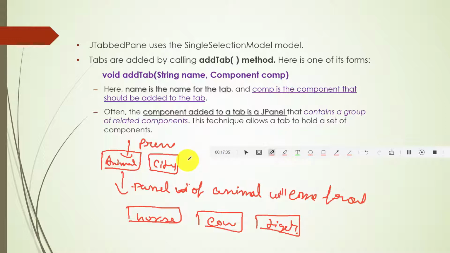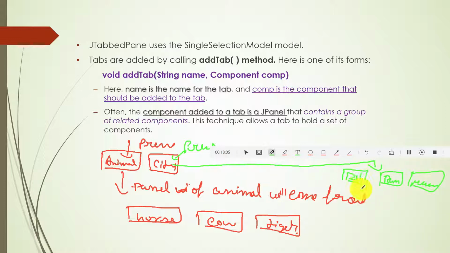When you press city, cities will come. Let me use a different ink for you. So when I press, the cities panel will come: Delhi, Bangalore, and Mumbai.